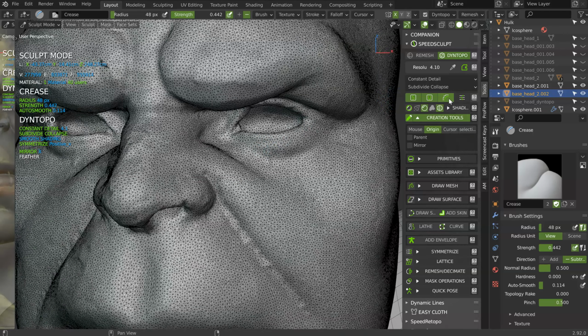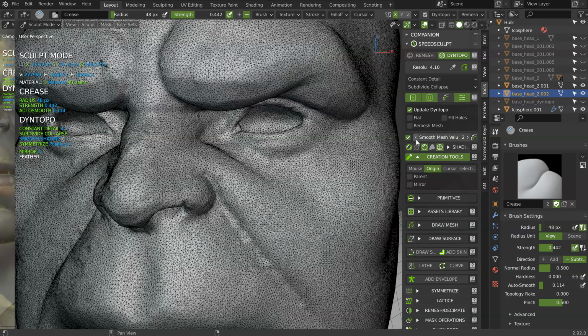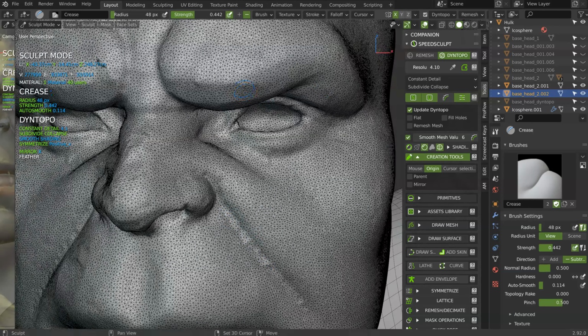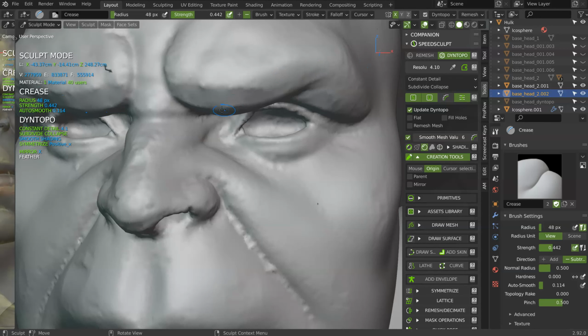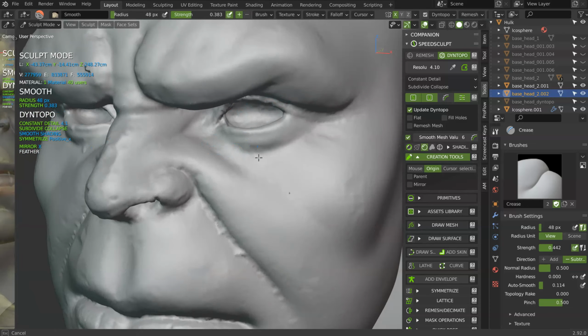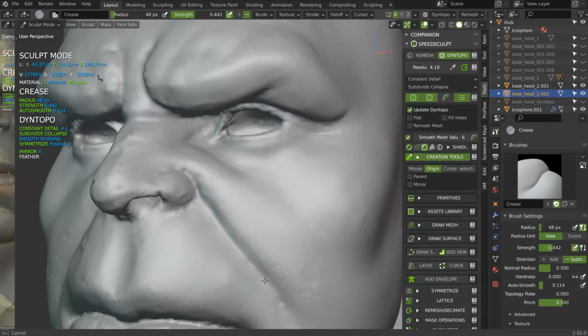Okay, it's good. I will smooth a little all of this. And as you can see, this one adds, for example, I can increase the smooth value and increase it. That will smooth everything, but you cannot see it right now really. So let's make something different. Let's smooth it a little like that. Okay, so just like that, as you can see, we added some details, and we will be able to start sculpting.